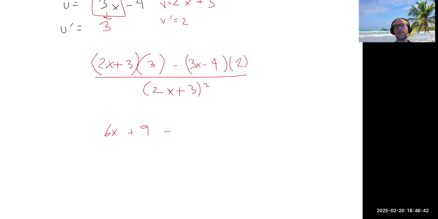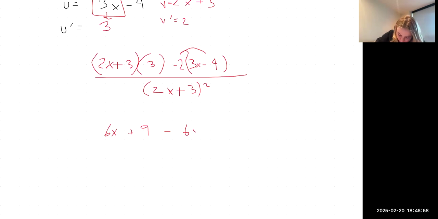I actually might find it easier to move the 2 out to the front and multiply it by a -2, so we could kind of do it all at once. That makes more sense. So then minus 6x minus 8 over